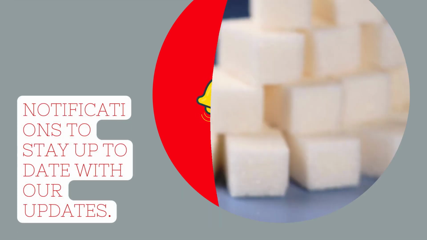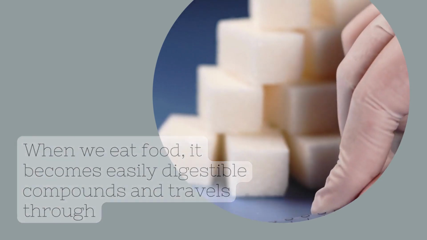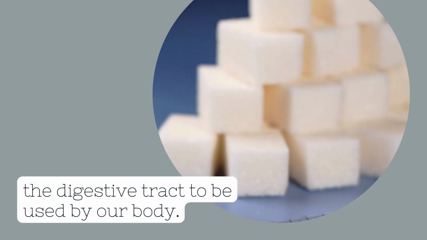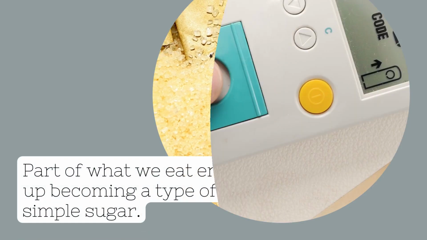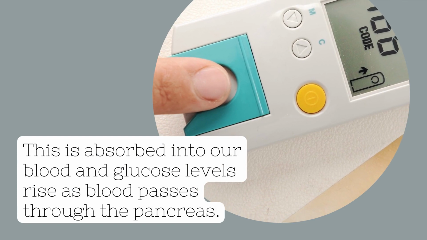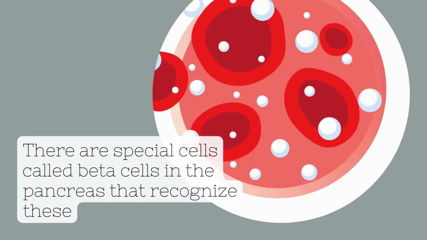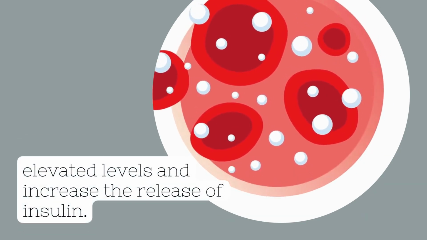When we eat food, it becomes easily digestible compounds and travels through the digestive tract to be used by our body. Part of what we eat ends up becoming a type of simple sugar. This is absorbed into our blood and glucose levels rise as blood passes through the pancreas. There are special cells called beta cells in the pancreas that recognize these elevated levels and increase the release of